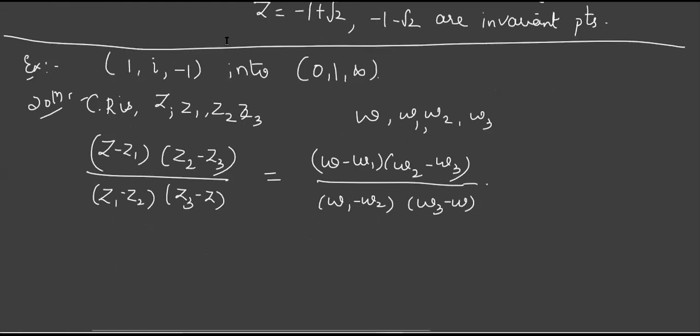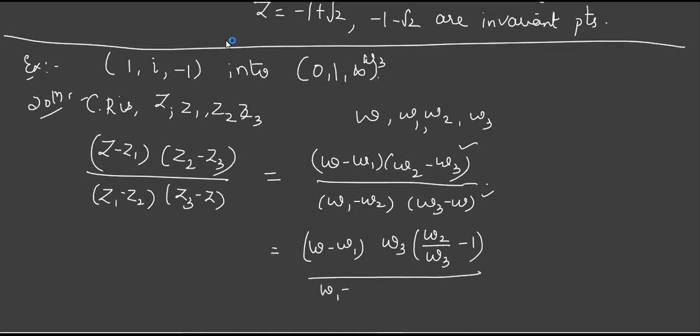Tell me which point is infinity. W3. W3 is infinity. Now W3 is appearing in two brackets, isn't it? This is the first bracket, then this is the second bracket. Always it happens, one in numerator, one in denominator. So what has to be done? If you are getting any point as infinity, take that point as common. If I take W3 common, what remains in the bracket? W2 by W3 minus 1. Very good.